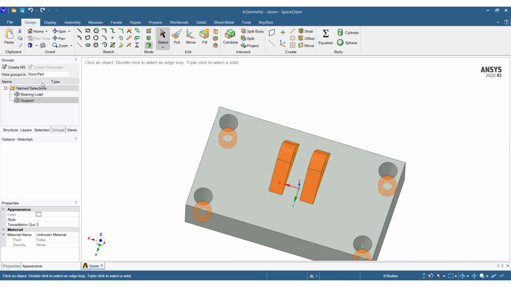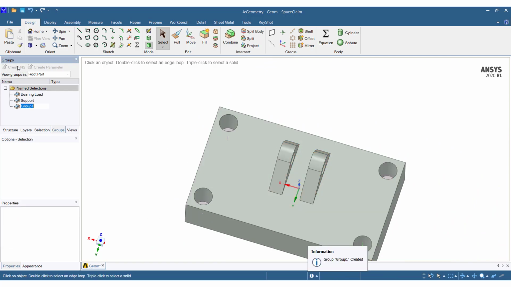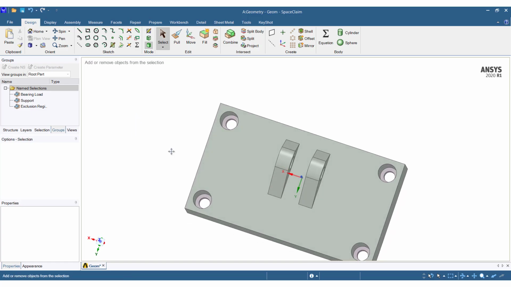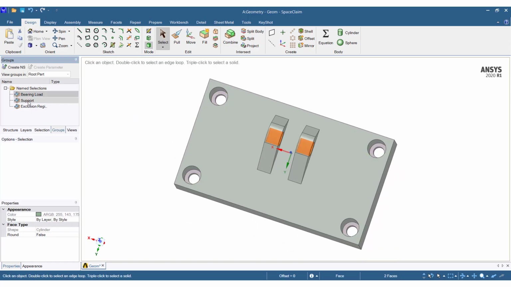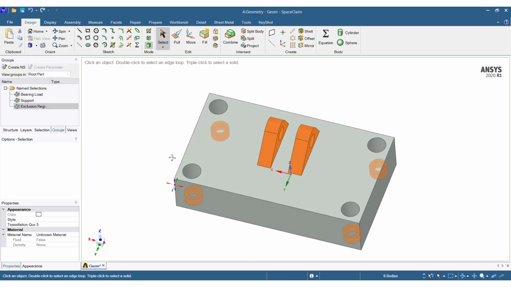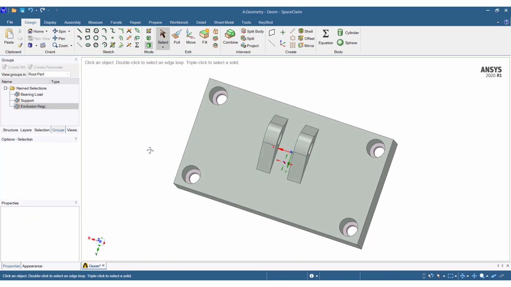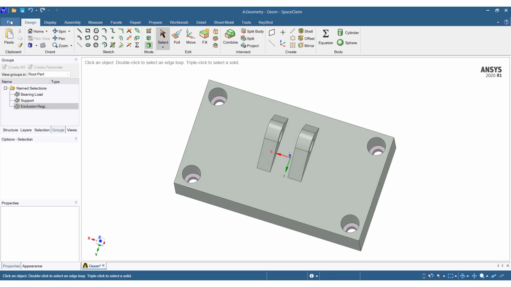After selecting all the bodies, click on Create Name Selection and give it a proper name. Save the geometry and exit the SpaceClaim.